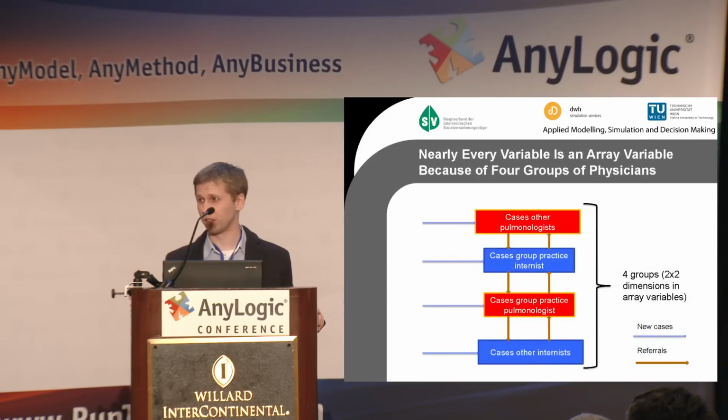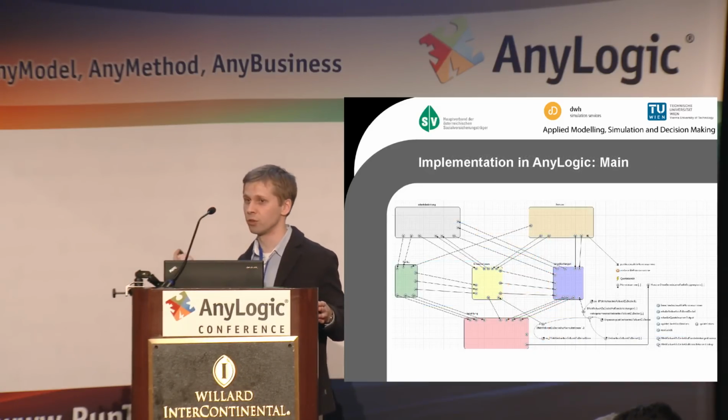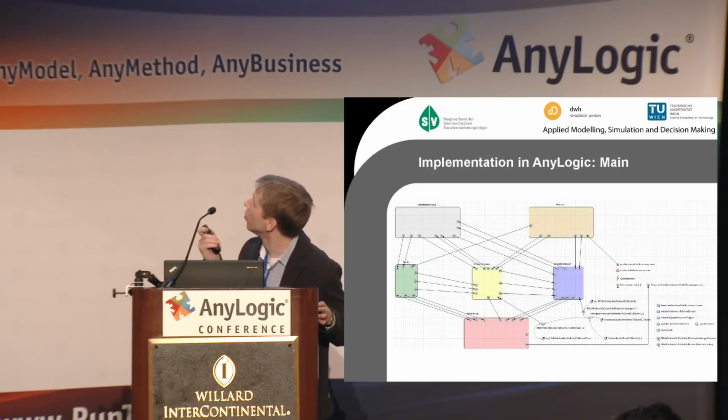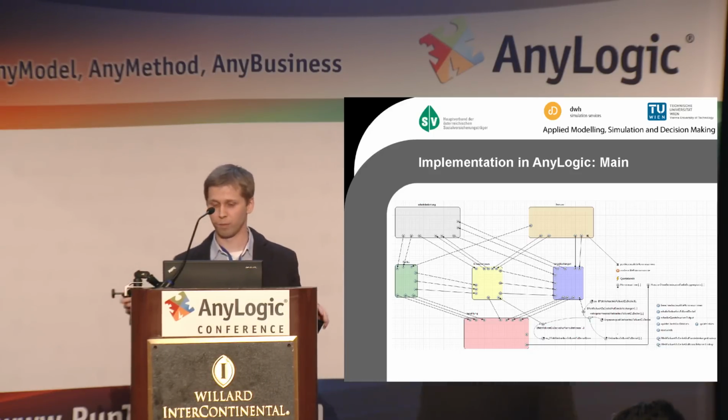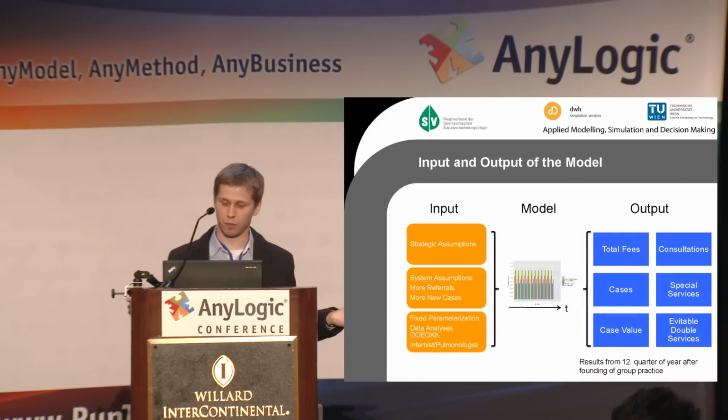In this case I used array variables heavily, because basically you have the same structure for 4 different groups: the 2 doctors that would go together, the internist and pulmonologist, and all the other ones which stay as single doctors. And they have referrals between them, so there is some sort of interaction. Then in the implementation, I also used active objects to make it a modular structure and use the ports between them. In this case, the output of the model would be the total fees that were paid, the cases,